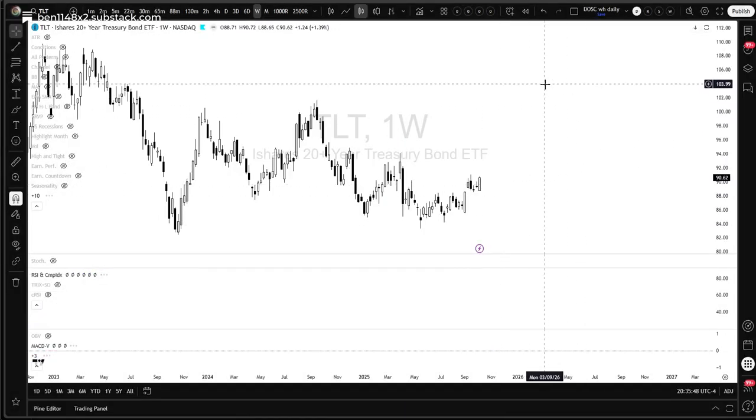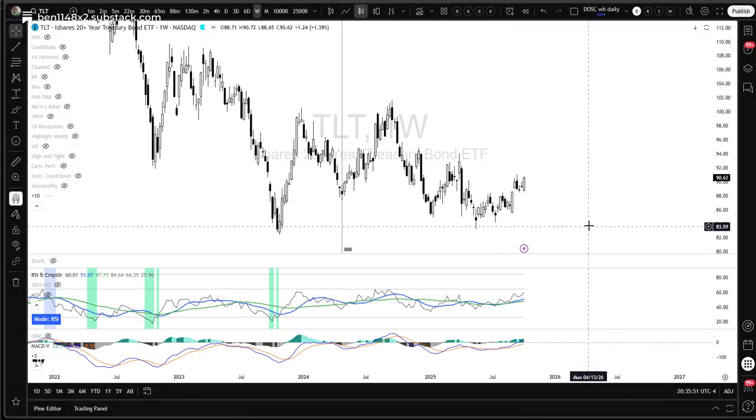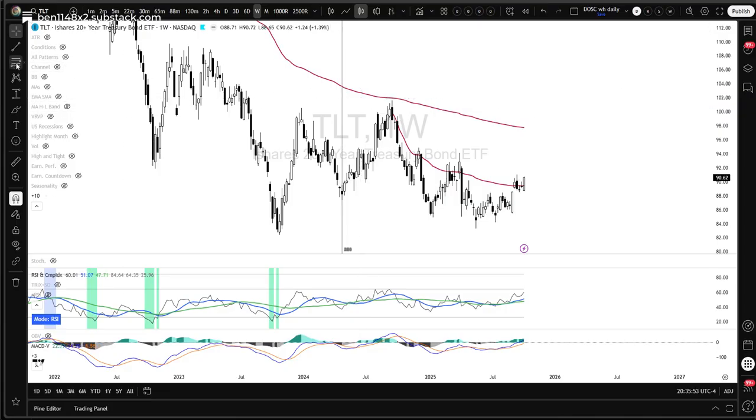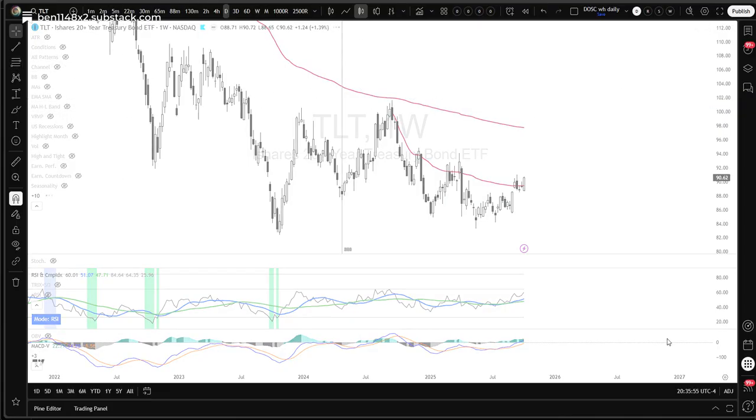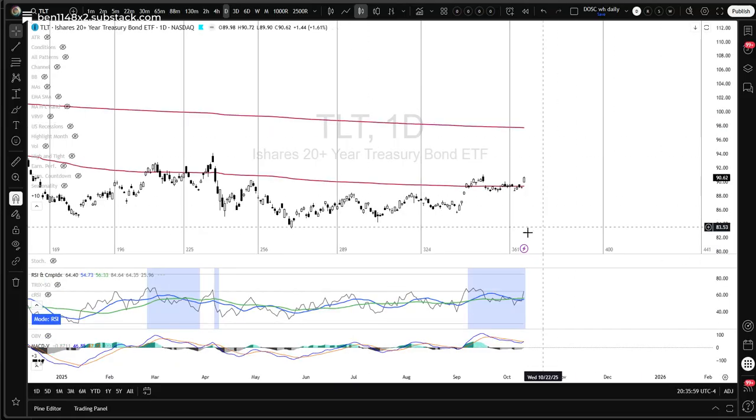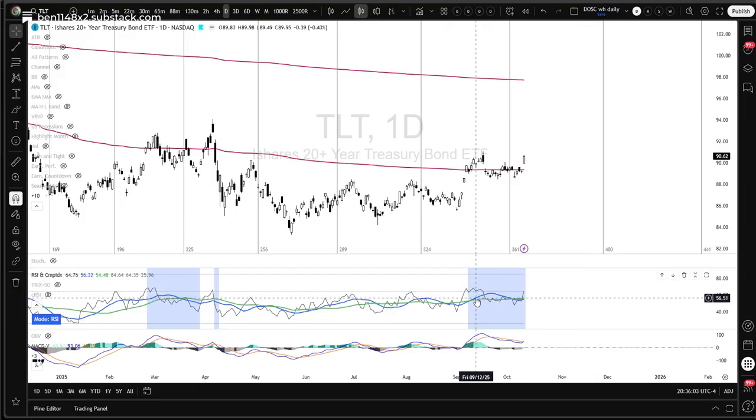bonds, this is some of the U.S. Treasuries. This is some of the best movement that we've seen from U.S. Treasuries in a very long time. On a daily basis, I don't know if we've had a bullish RSI crossover, and we dipped below that moving average. The faster moving average was descending. Now it's curling back up, and we're breaking above both of them with some positive bullish divergence going for us,